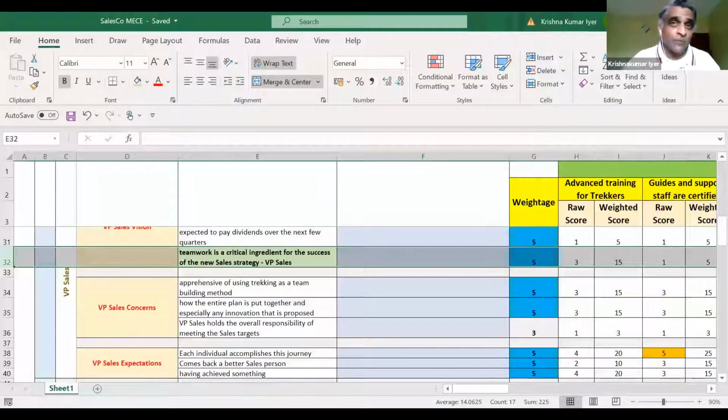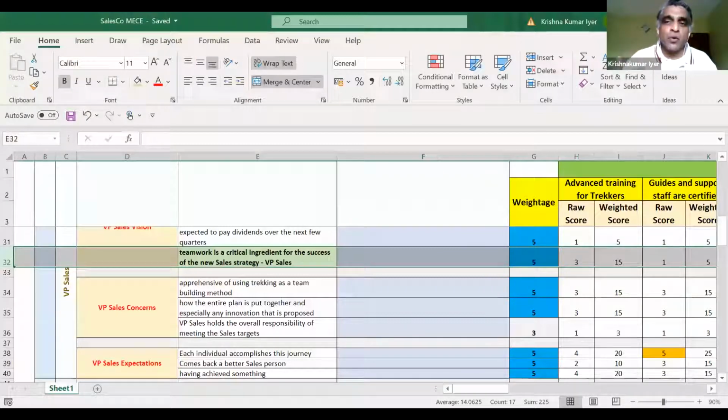Can every one of your competitor trekking companies do this? Probably not. Because they'll say, hey, all we know is only trekking. We don't know anything about sales coaching, sales training, etc. And therefore, we will focus on that only and nothing else. But let's say for a moment, you are able to bring in that partnership with a sales consultant and talk about it as part of your proposal.